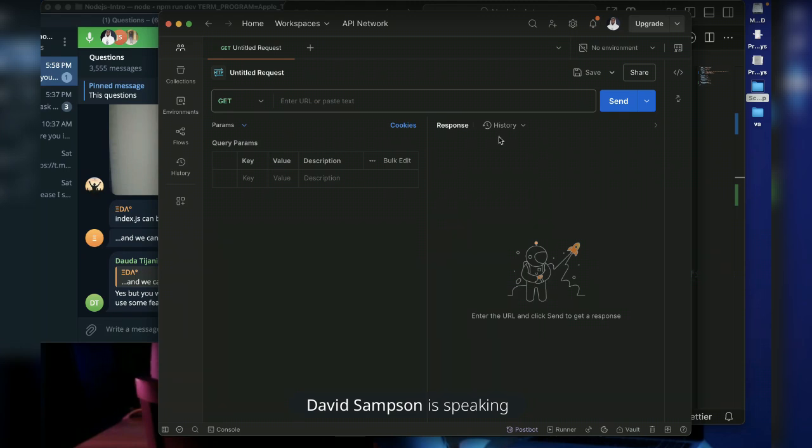This is a different application. Even though it is running on my computer, it is an entirely different application. My backend is entirely a different application. Now, the two of them don't know that they are both running on my laptop. They don't know. So it's not because I'm running it on the same laptop that they will communicate. No, they will communicate because the server is already listening. So if you connect to it and send a request to that particular port, it will respond no matter where it's coming from. So this is my Postman,